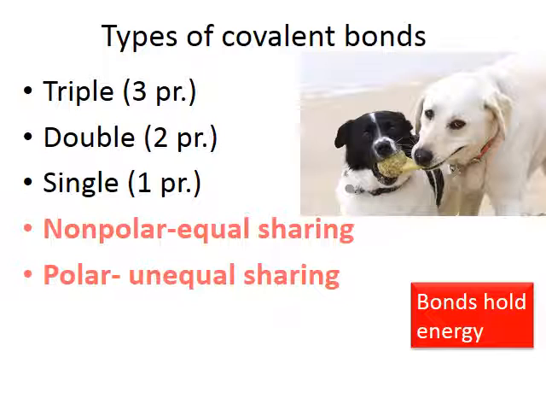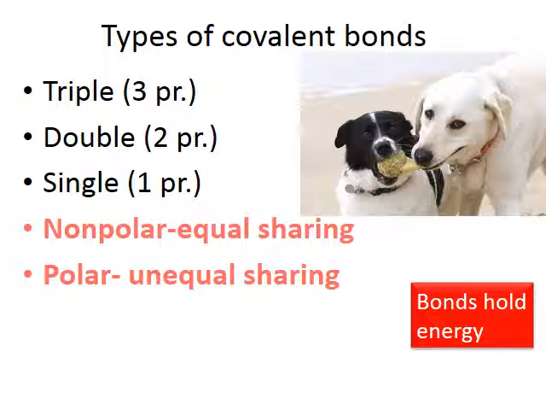Now, in a covalent bond, the electronegativities are going to be similar or the same. But just because they share those electrons, it doesn't mean they have to share them equally. Sometimes it's 60-40, 70-30, depending upon their differences in strength. They're not really strong enough to steal electrons, but they may take them a little bit more often than not. If there's equal sharing between the atoms taking part in a covalent bond, that's called a nonpolar covalent bond. If there's unequal sharing, if one atom taking part in that bond is stronger than the other, that's a polar covalent bond.